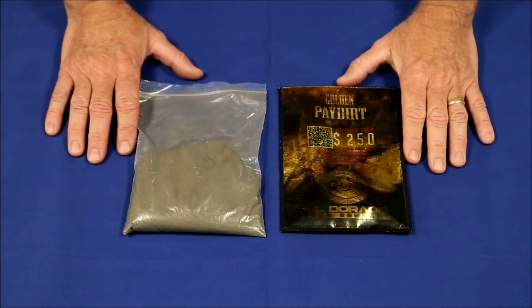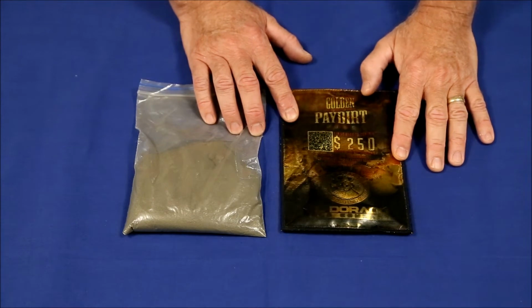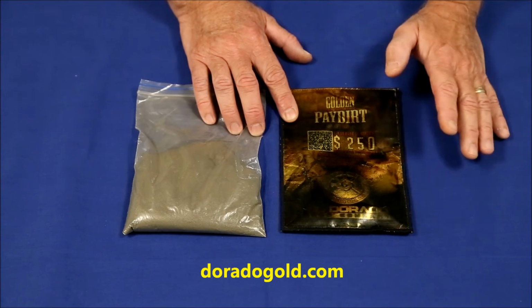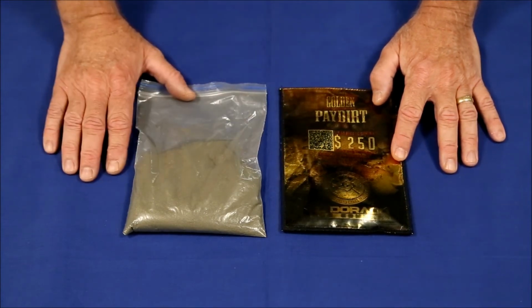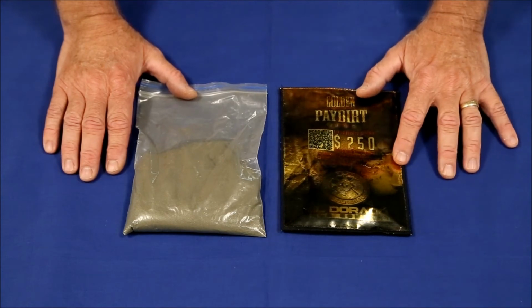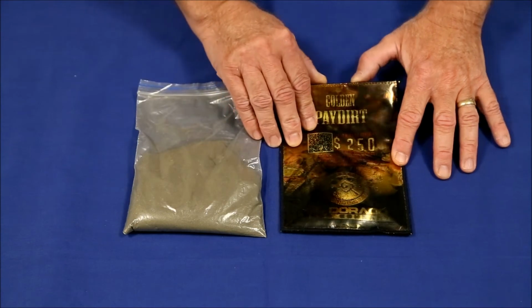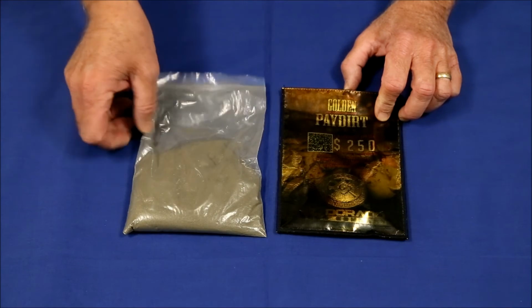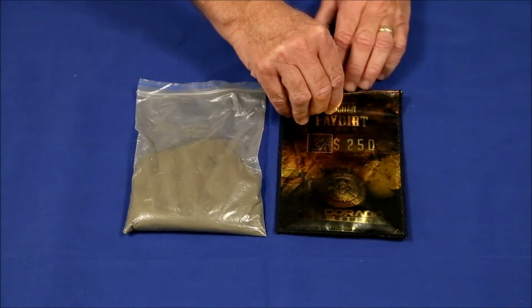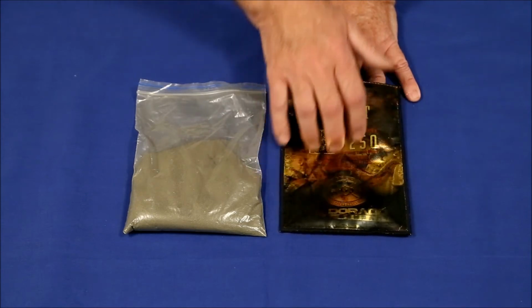In August of 2017, this 1 pound bag of Paydirt from Dorado Gold cost $65 plus $7.25 for shipping, for a total of $72.25. It took 19 days to arrive from my date of order, and when I opened it up, I found out that the Paydirt itself was enclosed in just a generic plastic bag, but that this was inside a rather nicely made heavy-duty pouch,